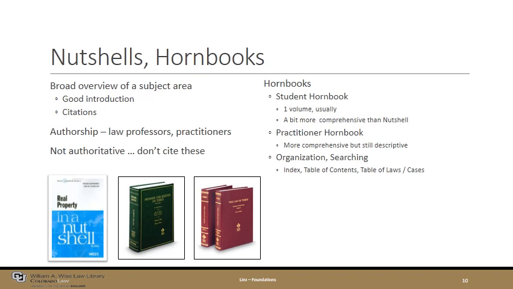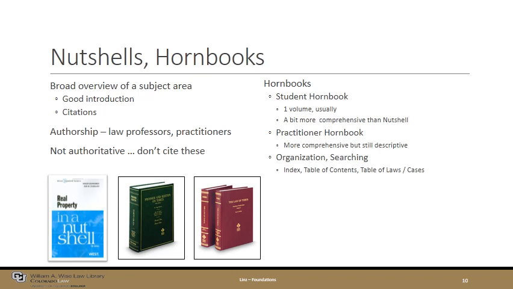So if you're taking contracts or torts or property or any first year class, and quite frankly there are nutshells on just about all the different law school subject areas, you can read those during or before the class and get a sense for what that topic area is about and how to understand it and what the terms are and what the key cases and statutes are.